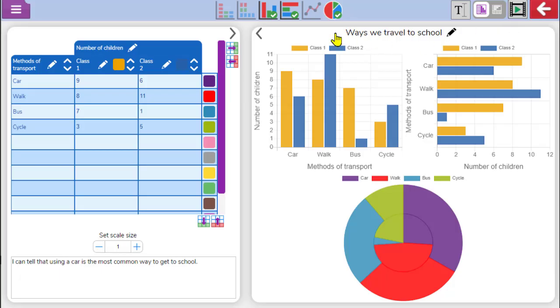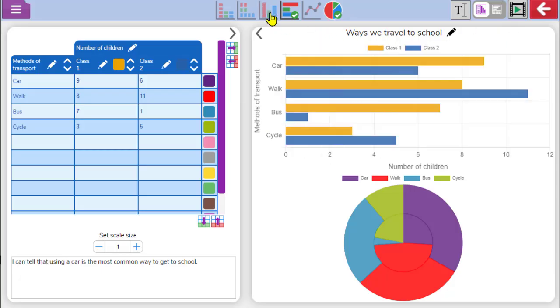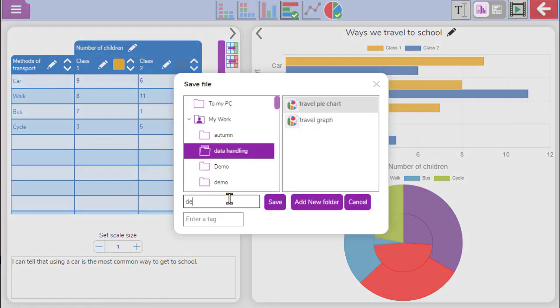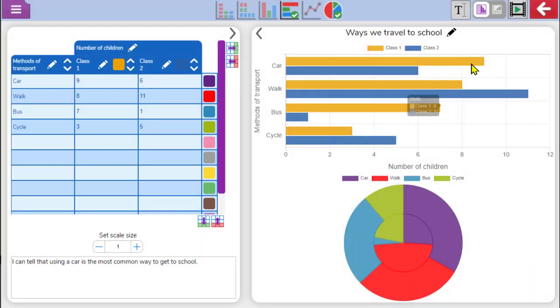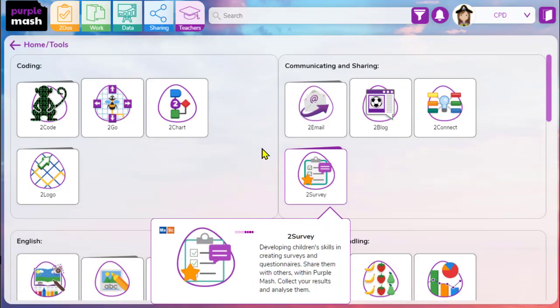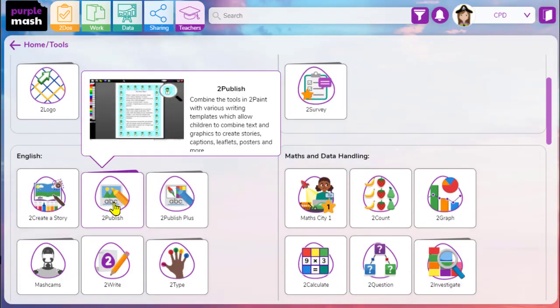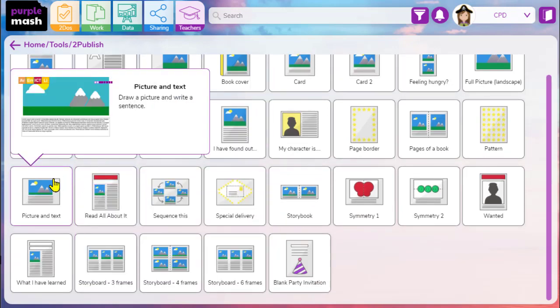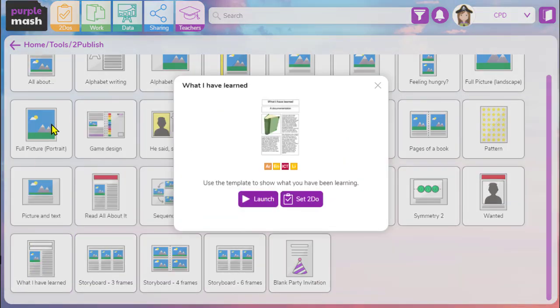Okay. So now if I wanted to save this and incorporate it into some writing that I'm doing across the curriculum, what I'm going to do is I'm just going to save this piece of work into my work folder. And then if I want to explain my findings, all I need to do is go to one of my writing frames. So I'm just going to find quite a simple what I have learned. So obviously you can choose whichever one is most appropriate for your activity. I'm just going to open this one here,